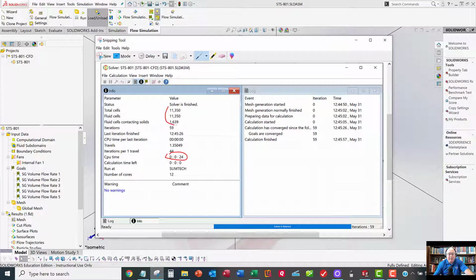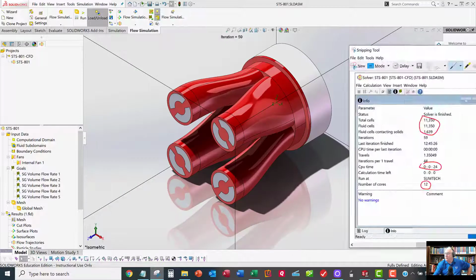You can see how many elements you have. Total cells, 11,000. Fluid cells, 11,000. And it breaks that down for you, and it's got some other useful information. It tells you what kind of computer you're running on. There's lots of other options in here that we'll talk about another time, but that generally just lets you